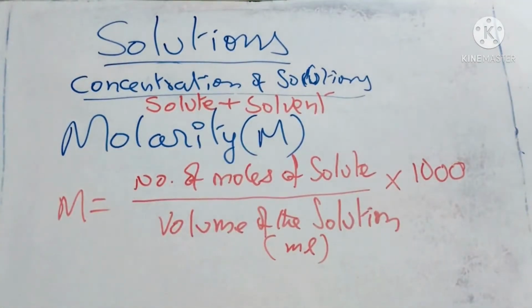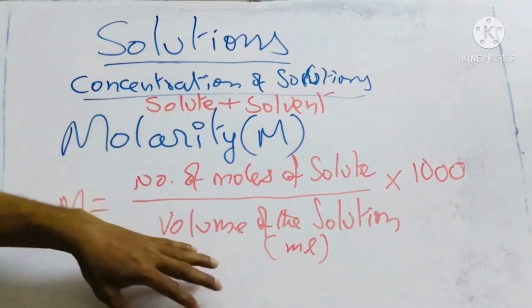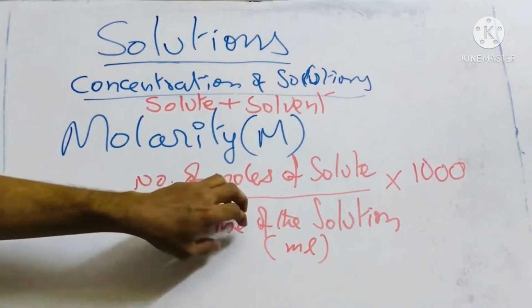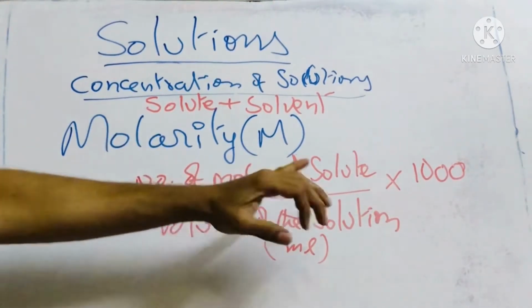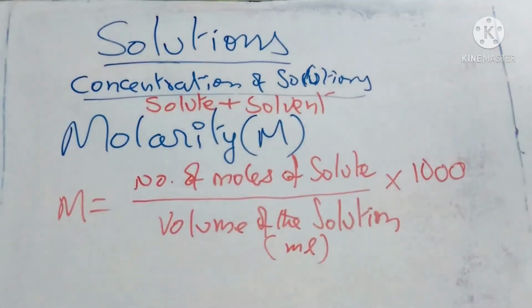Clear? So molarity of a solution, in the laboratory or wherever it is, you can easily prepare. If they ask you to prepare a 1 molar solution of sodium hydroxide, you take the number of moles of solute by volume of the solution. How much are they asking you to prepare? Whether you want to prepare 250 milliliters or 500 milliliters or 1000 milliliters, 1000 means 1 liter, then both will cancel. The number of moles you add equals your molarity.